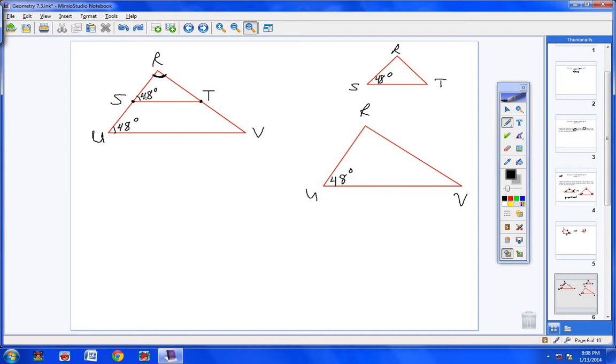Look at this. Do you see how triangle SRT, this triangle right here, do you see that? How it has this angle right here? And then look how the big triangle RUV has the same angle right there. Do you see that? You should see that. And so I know then that this angle here, I'm not sure what the numerical value of the angle is, but I know that this angle right here has to be congruent to this angle here. Has to be. So if R is congruent to R, which it is, and S is congruent to U, which